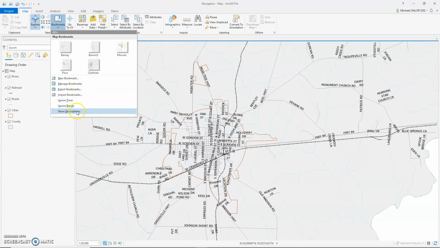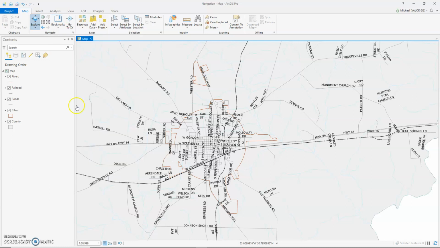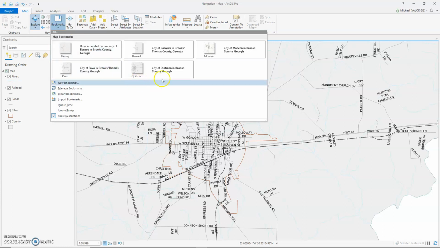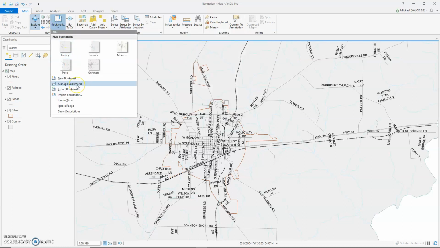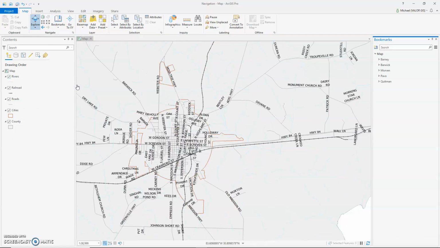This button down here allows you to show descriptions. Now it says city equipment in Brooks County, Georgia. Turn off descriptions. And here's where I go to manage my bookmarks. You'll see my equipment is at the bottom because I just created it. If I wanted to move them around, I could just hold down this button or hold down there and move